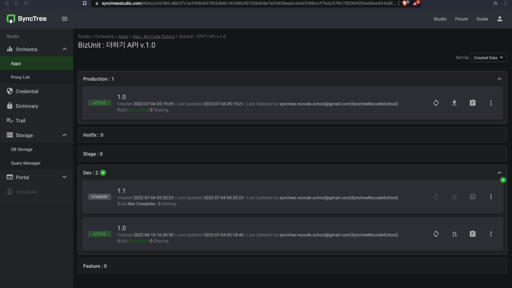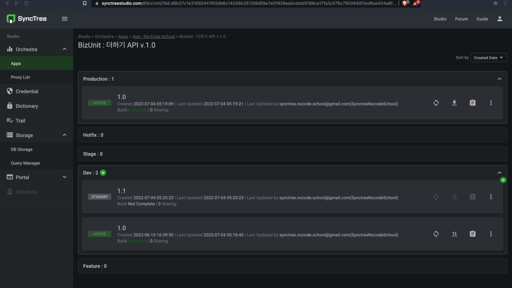But what if two block codes are created in one development stage because there are two workers, not one? This is where the concept of revision emerges. As you can see, you can register multiple block codes at each development stage. Each block code module is called a revision and can be easily and intuitively managed.